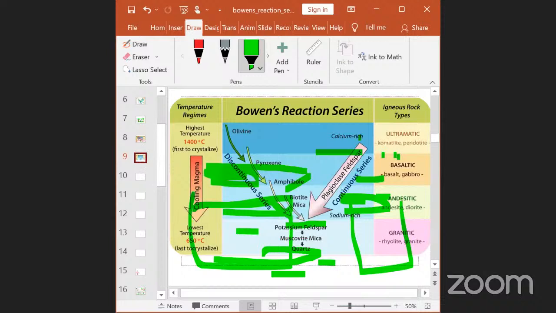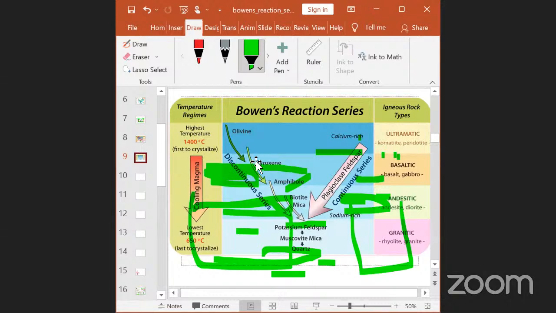Okay, right. So I think all of you understand this Bowen's reaction series, so I will explain once again. We have actually two parts: there is the discontinuous series, and on the left side the continuous series, right? In the discontinuous series, at a very high temperature, you see here high temperature,